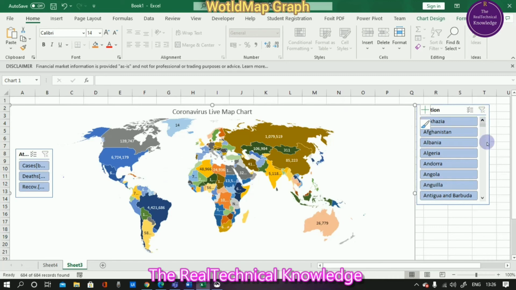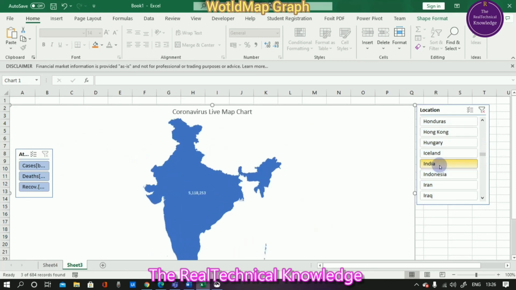Now I'm going to select the country as India, so we need to select under the location slicer, then select India. Let's see whether it will provide an Indian map or not. See, now the map graph is providing the Indian map over there. Now you need to click on cases, total number of cases, then recovery, death. It will provide each and everything to you.